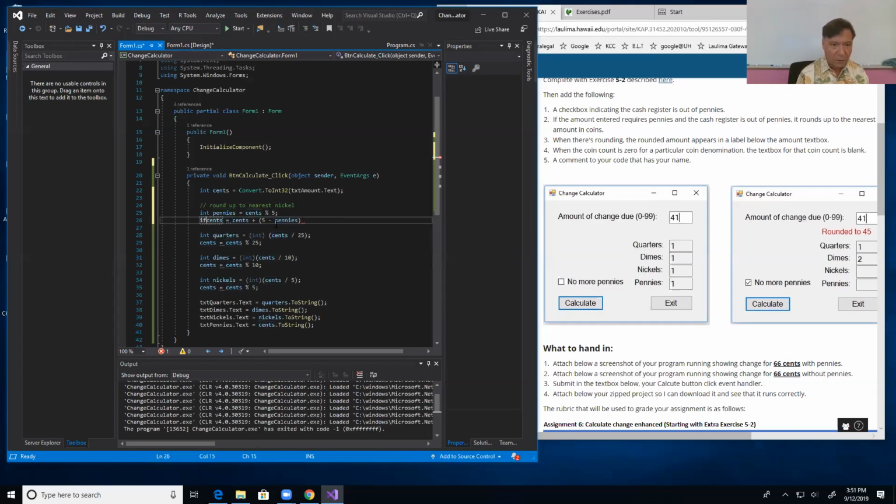If pennies is greater than 0, if pennies is 0, then we don't have to do anything. If pennies is greater than 0, then this